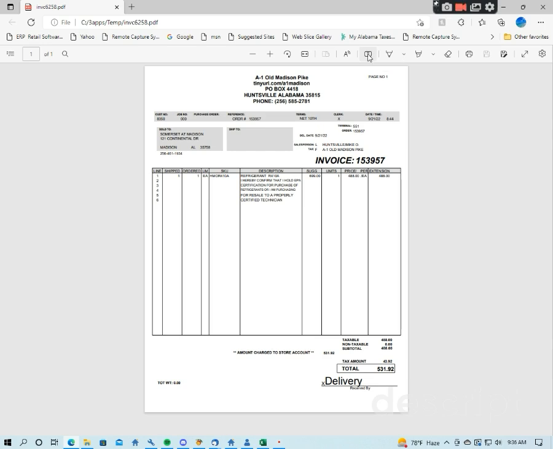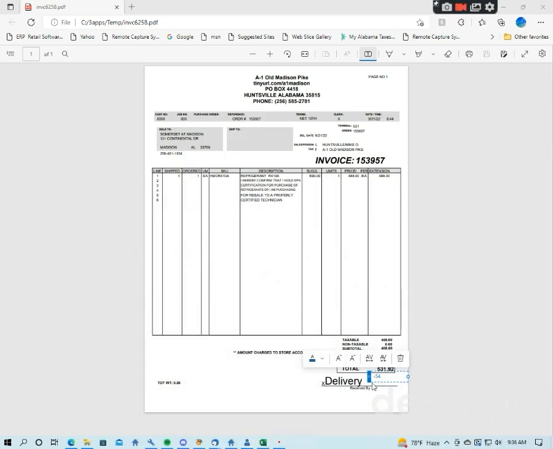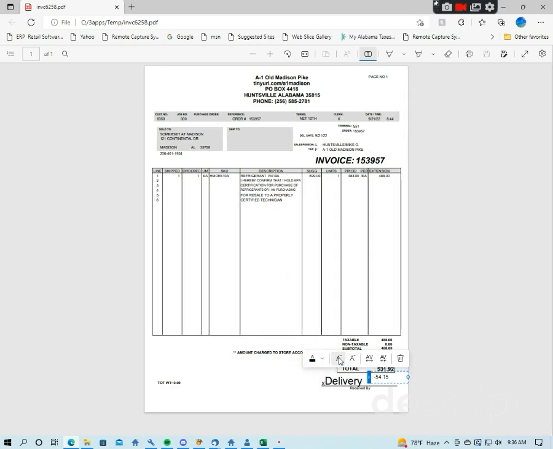So literally all I'm doing is drawing this in here. Add text. I click here and I say minus 54, I don't remember what it was. 54.15. $54.15. I'm going to change that to black. Make it a little bit bigger to kind of match. So 54.15, and now I'm going to draw a line. Put it underneath it,